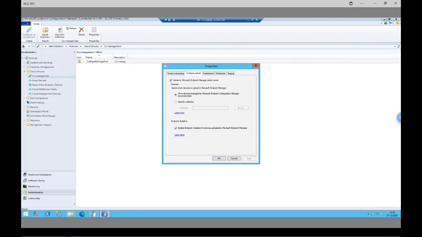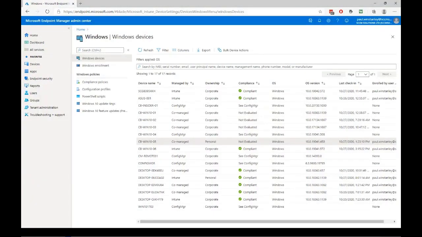So let me bring that up and you can see how that appears in the admin center. So here's my lab. I've got a mix of devices. To give you an idea, we've got some co-managed devices here, some which are purely ConfigMgr. So we can select either of these and work with them, but we've got some Intune based only devices. And if I click on that,